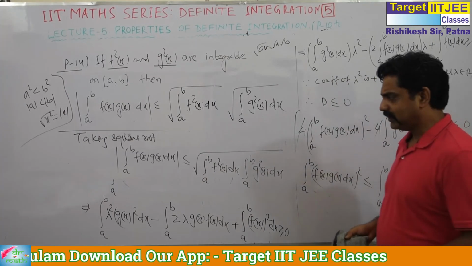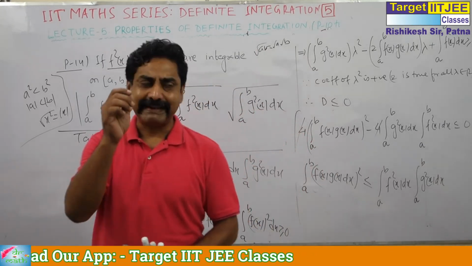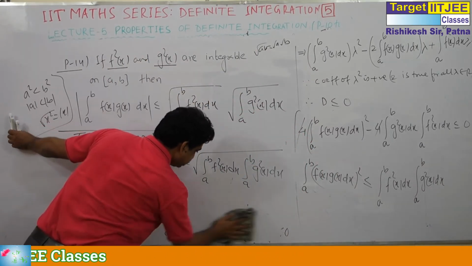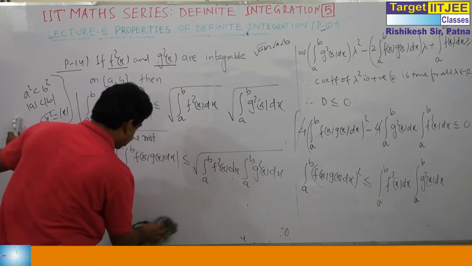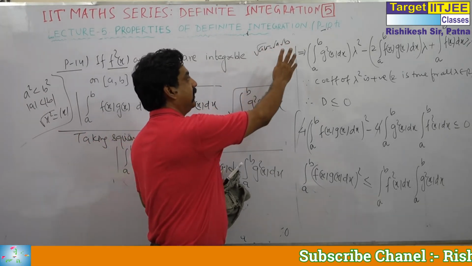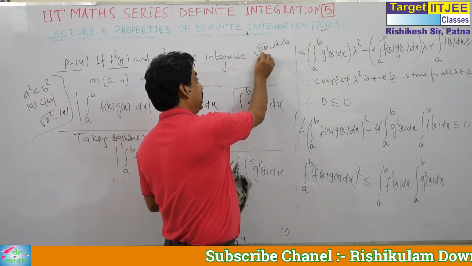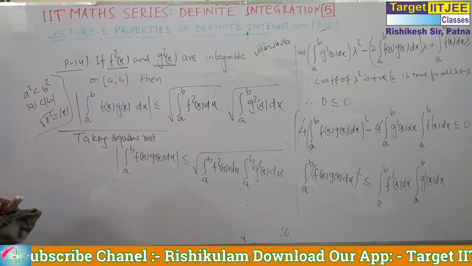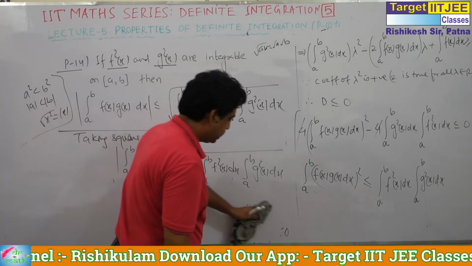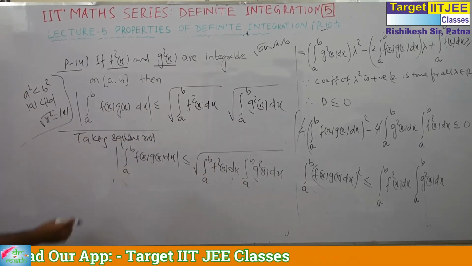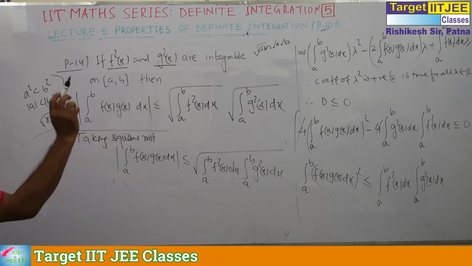And there is a very simple question that I am going to deal with. I think you all know that when both are positive, root a can be written as root a into root b. If any one is negative, then there is some problem in the inequality. But there is no problem when both are positive. So the result is correct.